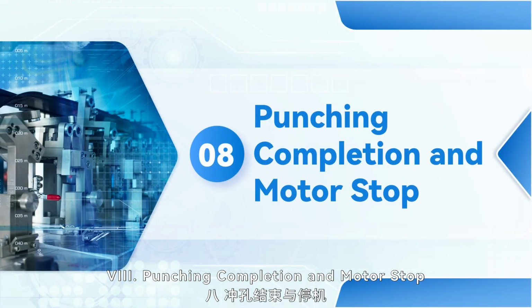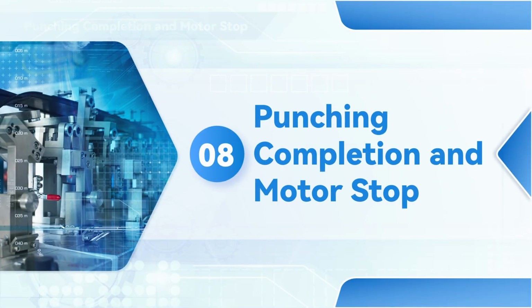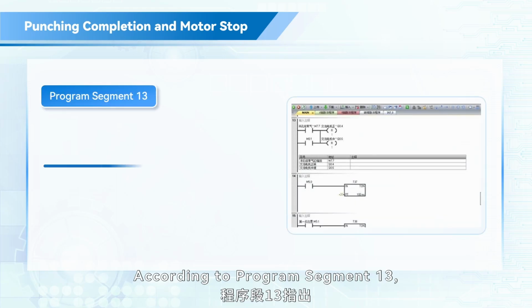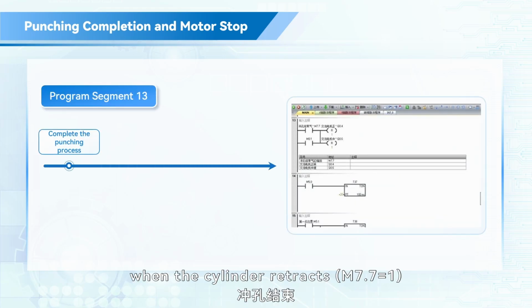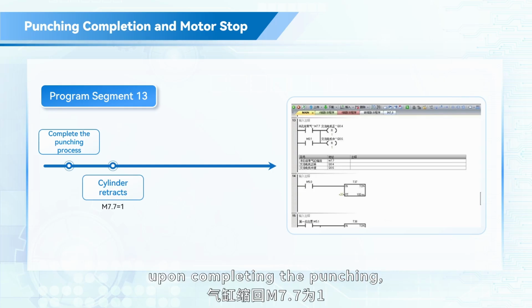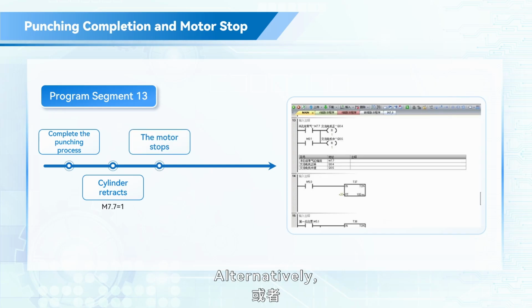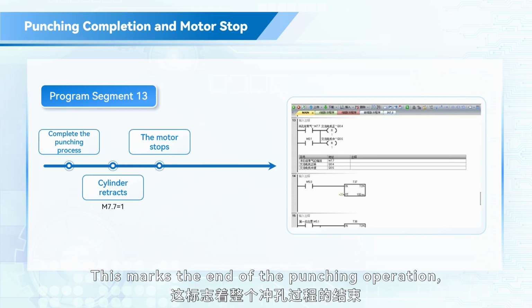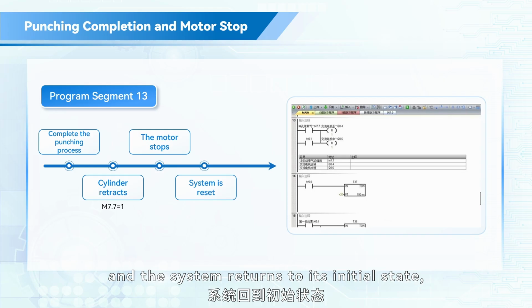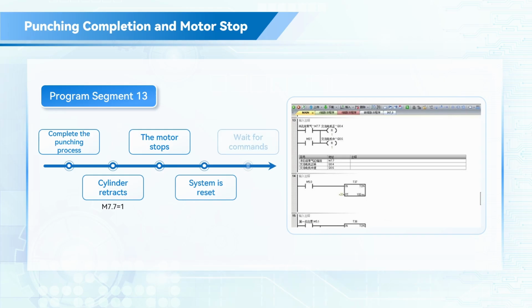8. Punching completion and motor stop. According to program segment 13, when the cylinder retracts, M7.7 equals 1. Upon completing the punching, the AC motor forward rotation and medium speed flags are set to 0, stopping the motor. Alternatively, pressing the stop button also brings the motor to a stop. This marks the end of the punching operation, and the system returns to its initial state, ready for the next